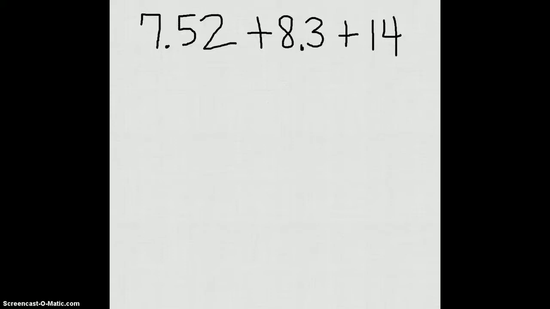To add or subtract decimals, line up the digits and the decimal points. So for this example, we need to line everything up vertically. So we have 7.52